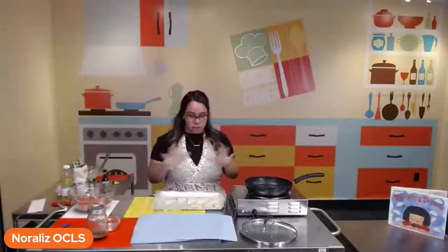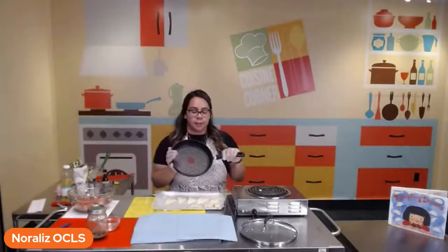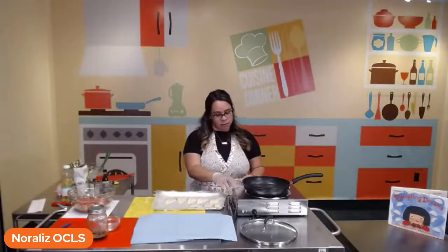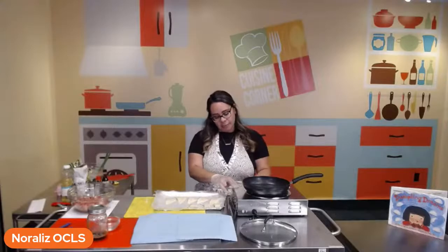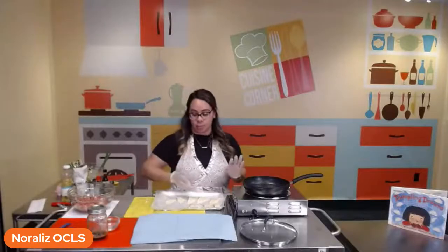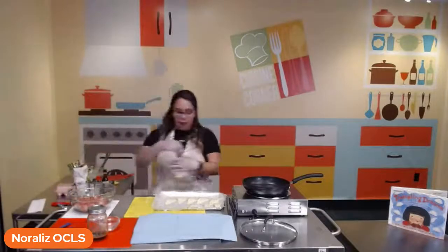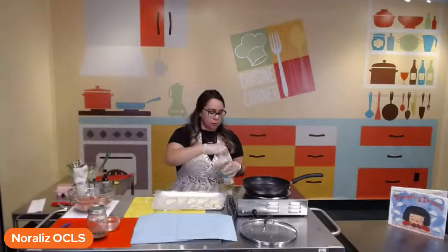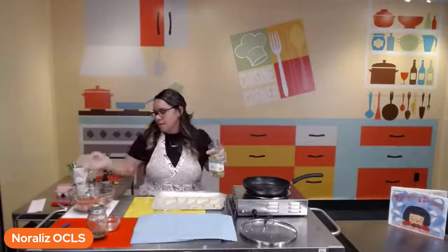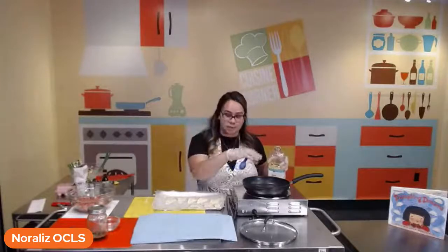So we're going to do a shallow fry here today. I have a 9-inch pan. We're going to put a little bit of oil, about 2 tablespoons. And we're going to turn on our little burner here, and we're going to put it on medium high. If you think that your dumplings are frying too quickly, meaning that they are browning too quickly on the sides, you want to lower that heat. But for now, we want the pan to get hot, and we want to add about 2 tablespoons of oil. If you have a larger pan that you're going to be frying in, then you probably want to add a little bit more oil. That's okay. We just don't want to deep fry them, which means we don't want to submerge them into